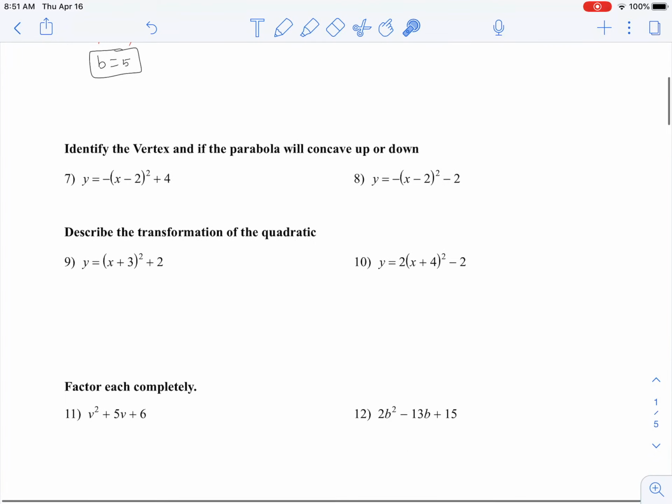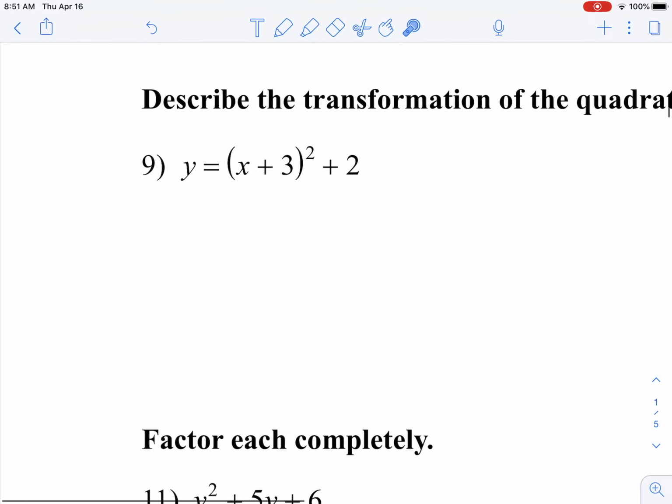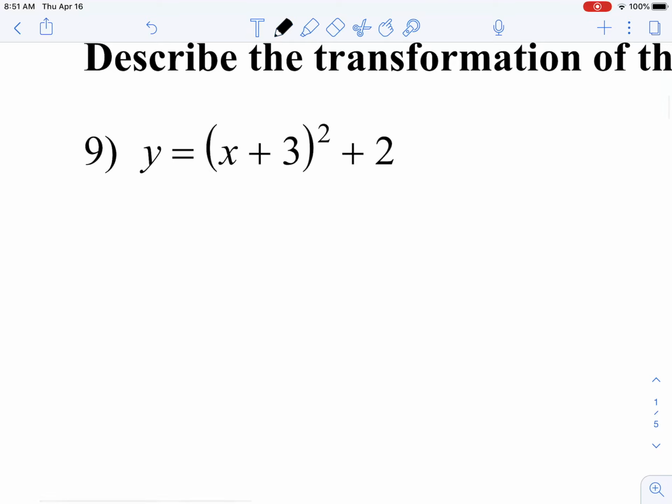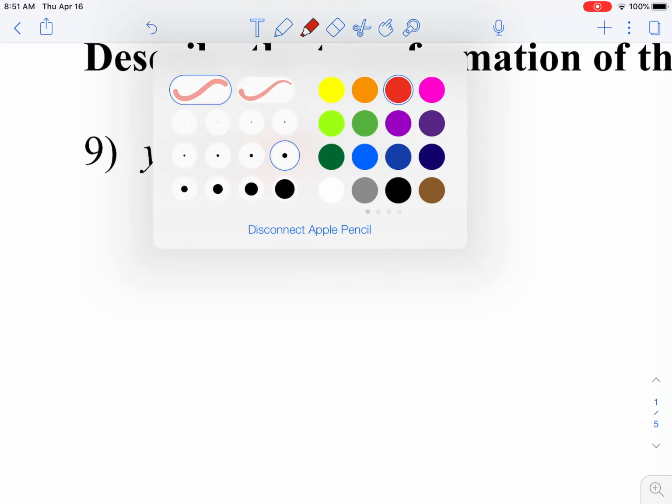Wanted to take a look at was describing the transformation. So I'm going to do both 9 and 10 on these. So we look on the inside first, and we're doing the opposite of that. Then we're going to look